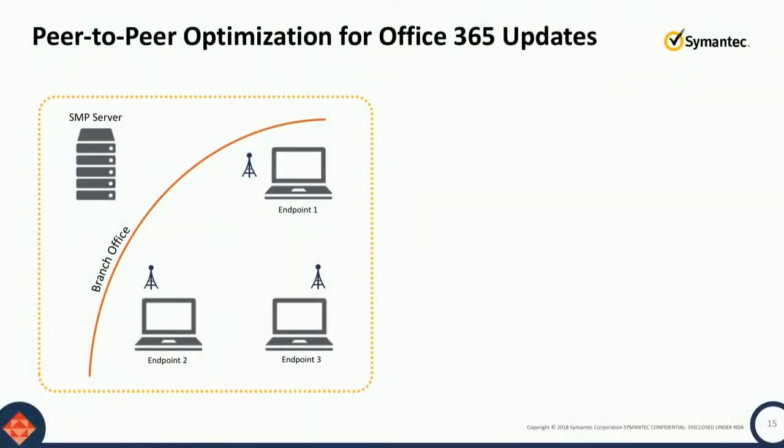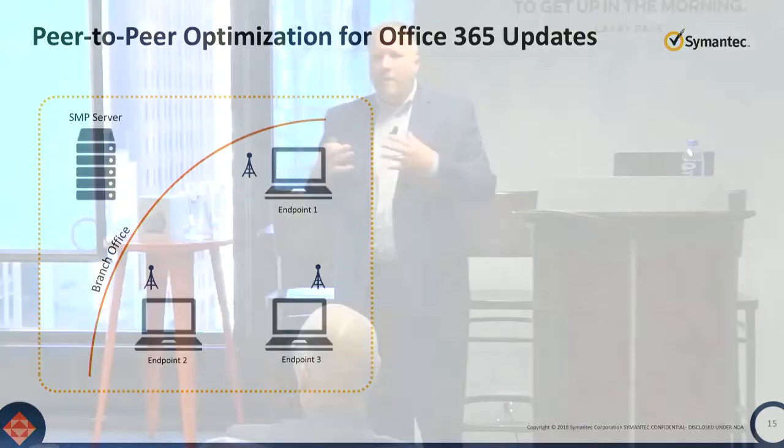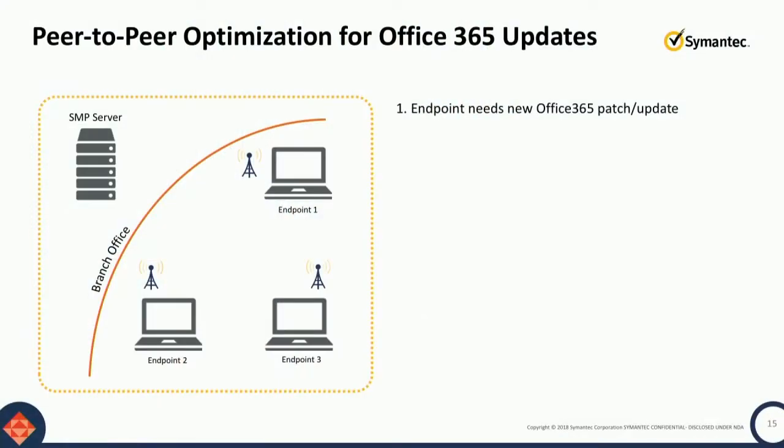We've had peer-to-peer now for about 24 months, and it's received excellent reviews, and we've got a lot of customers that are adopting it. But one of the things that's happening is as 365 gets more and more out in the environment, those packages are large. We want to make sure that 365 has the ability to take advantage of that. So much in the same way that you can do this with our normal updates or any patch or any other software update that are out there,